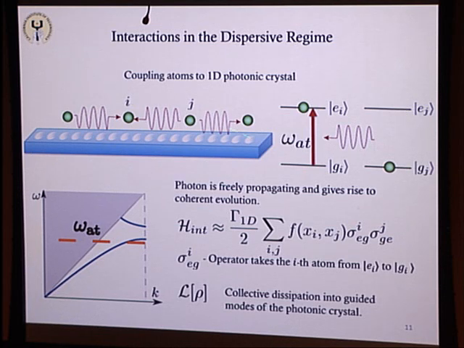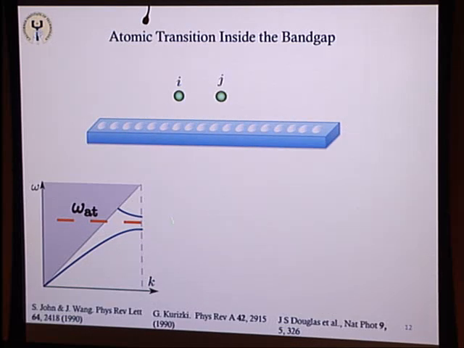And so you can utilize that to create things like quantum memories, for example, and I'll talk about that in a second. But one further thing that you can do with this system is we can take this atomic transition and put it inside the bandgap. We're actually taking the bandgap and shifting it so that the resonance frequency lies inside. And this is not a new idea. In the 90s, when photonic crystals were first coming into physics experiments, people thought about what would happen if you took an atomic transition and placed it inside the bandgap of a photonic crystal,